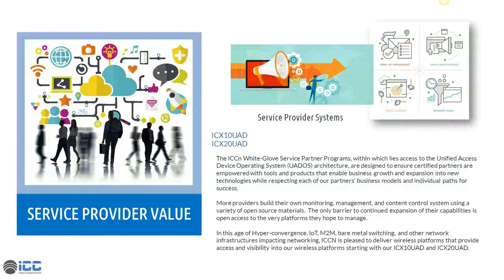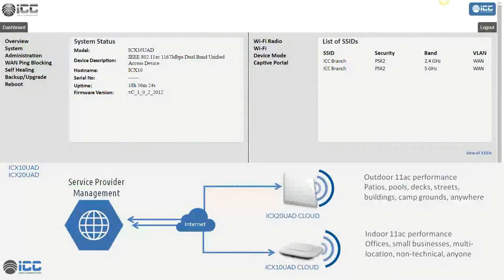And as we said, from a service provider value perspective, the white glove service side of things gives them the ability to do greater integration. This is where we get our development partners on board, and those integration partners that work with us from an engineering standpoint to develop their own systems, as well as their own ways of dealing with IoT and machine to machine and such things. Now, how do we see this? As they get integrated, it's the same basic pattern, but they have more flexibility into the actual physical system itself.